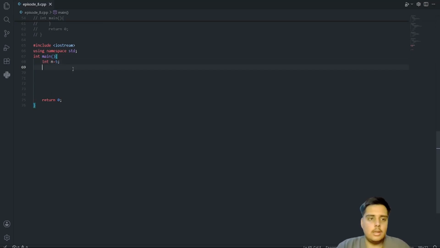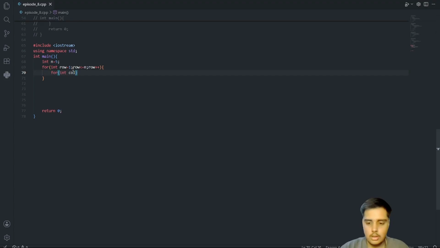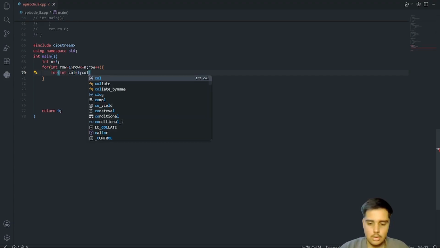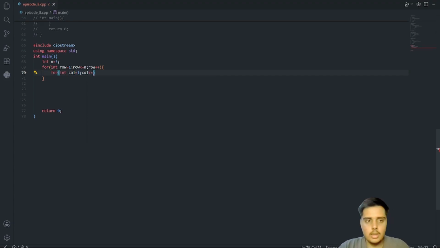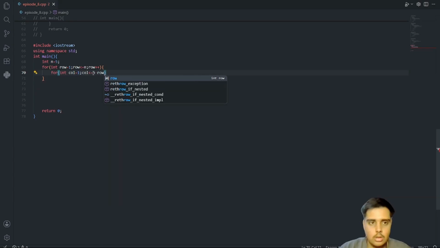And now I will take for int row equal to 1, row less than equal to n, row plus plus. Inside it I will take for int col equal to 1, col less than equal to, and now here the main logic is the same as before, n minus row plus 1, and col plus plus.